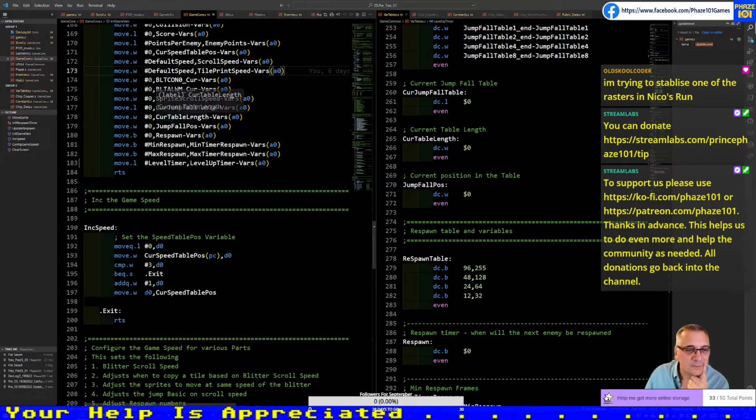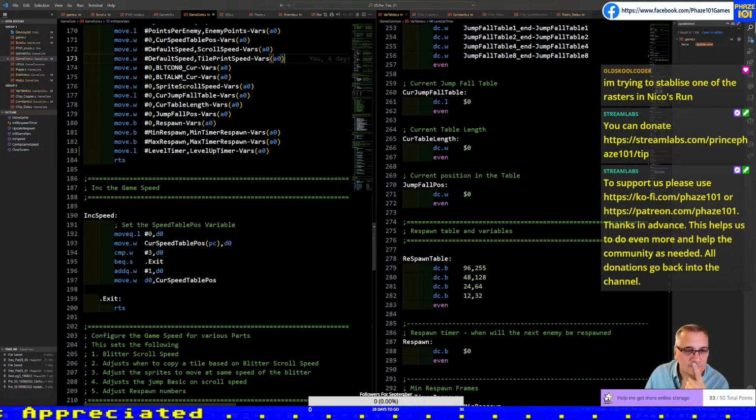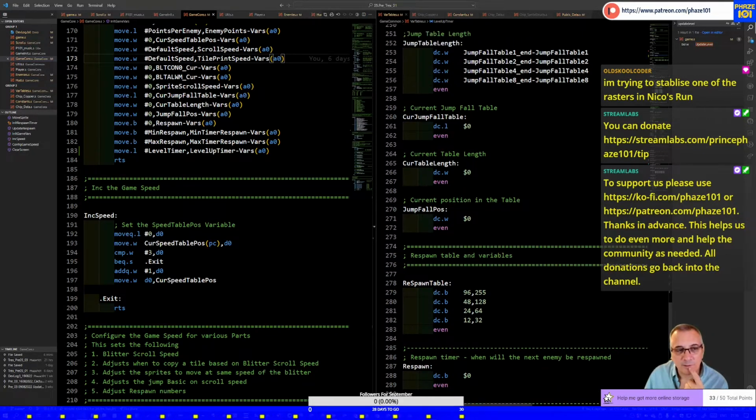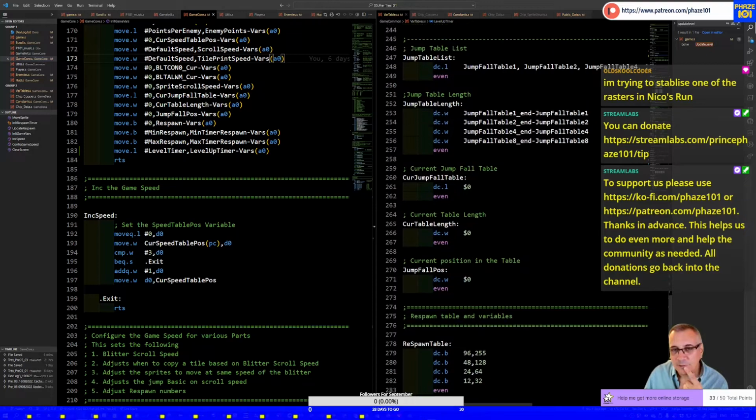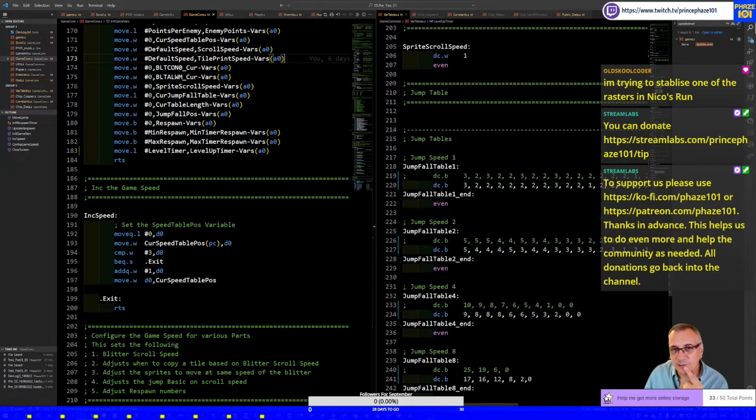So increment speed. Current speed table. Okay, so let's check what I'm doing here.